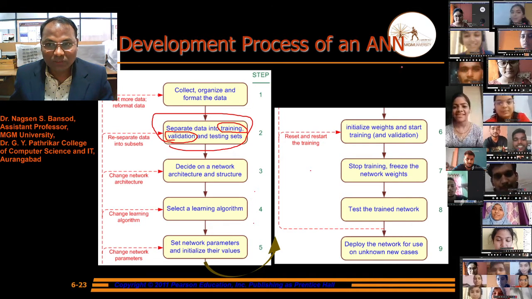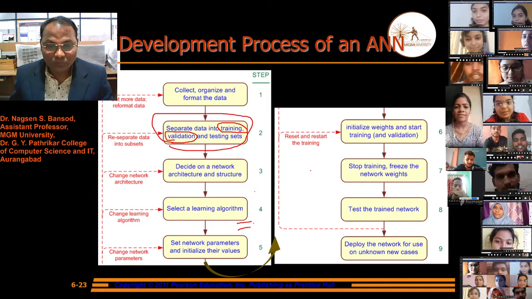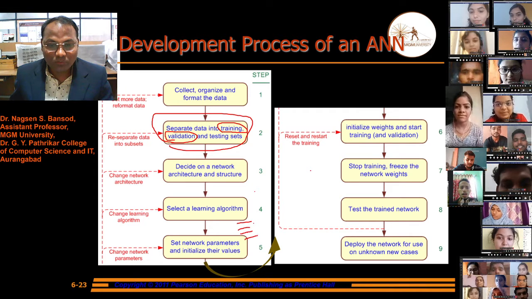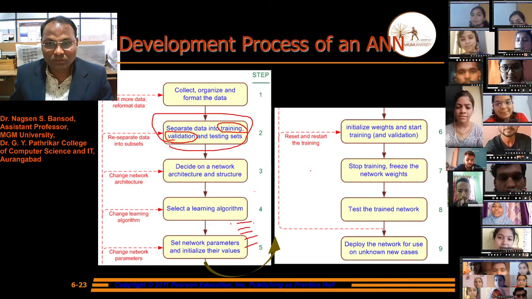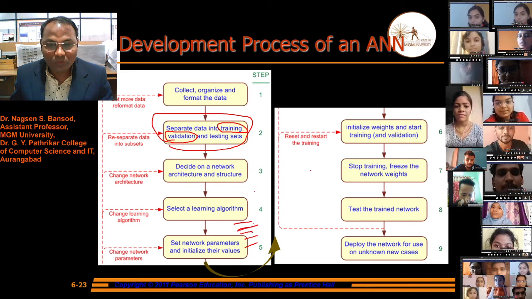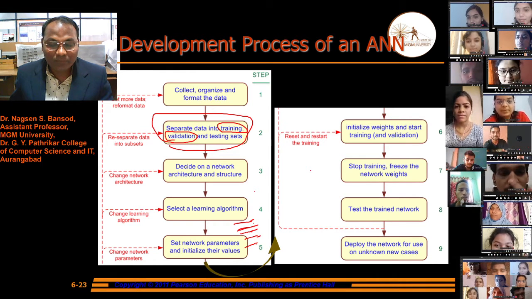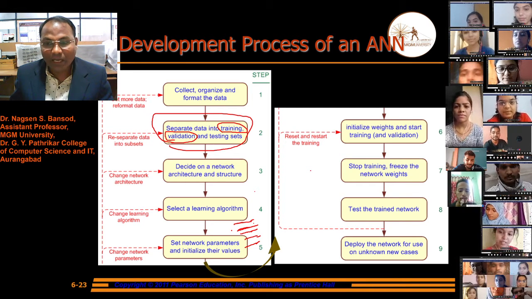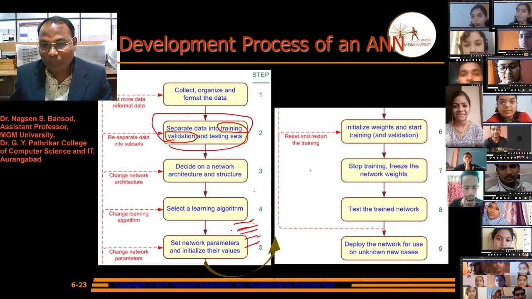As we are using an artificial neural network, there are inputs to the network, and according to our problem, we have to select the features to train the network and provide the values to the network. So in step number 5, we have to initialize the parameters and their values according to the problem domain.